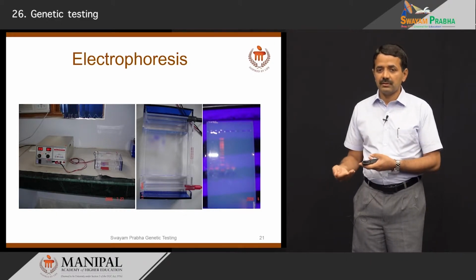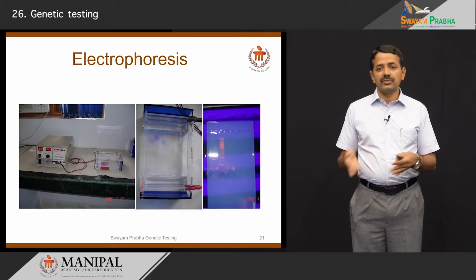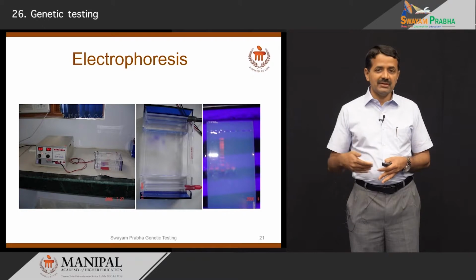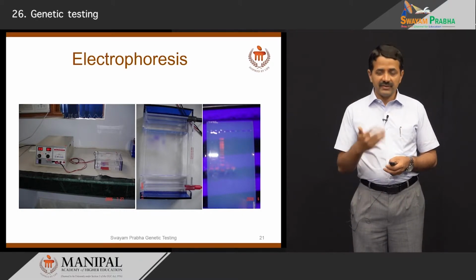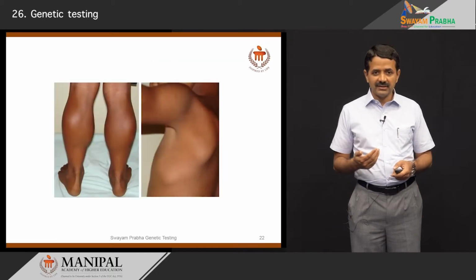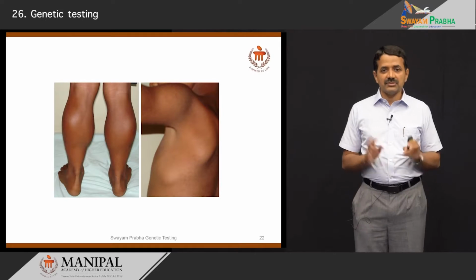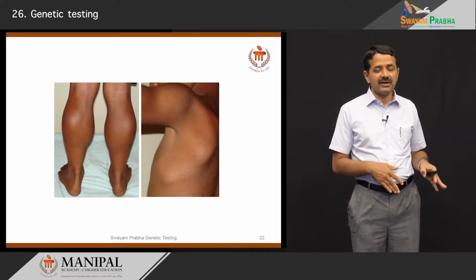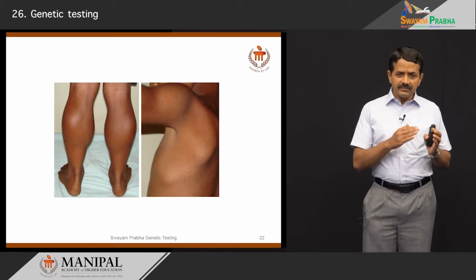from one electrode to the other, cathode to anode, and then you can stain it with some staining agent like ethidium bromide, and you can see the bands which can be photographed and analyzed further, as we do for Duchenne muscular dystrophy. Duchenne muscular dystrophy, children present with calf hypertrophy, muscle weakness,